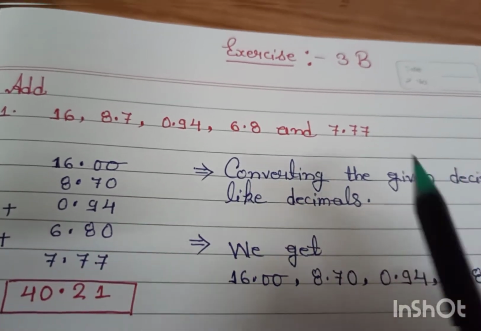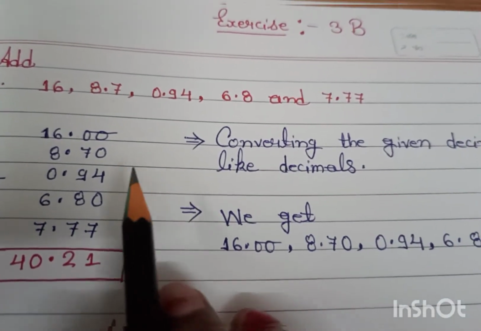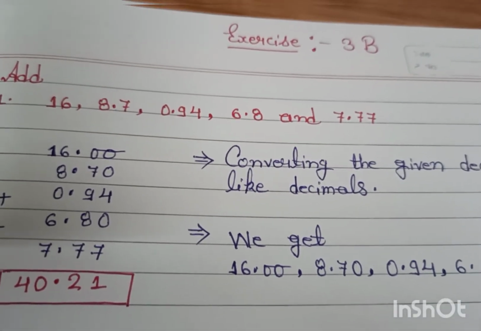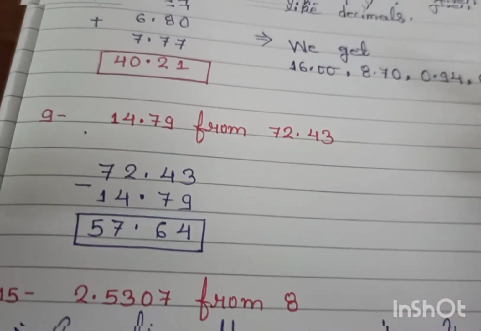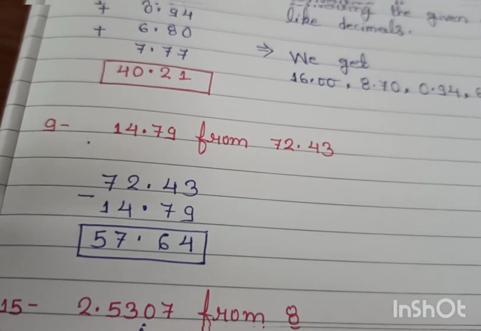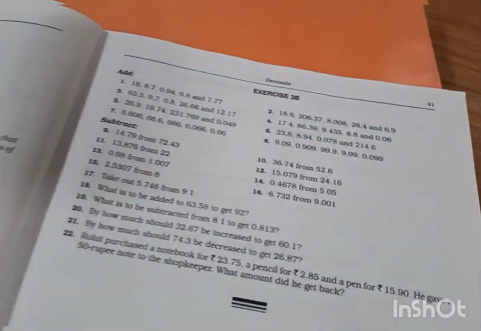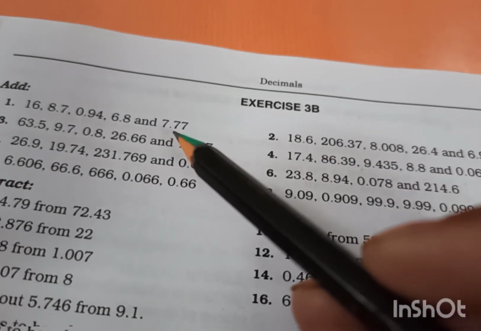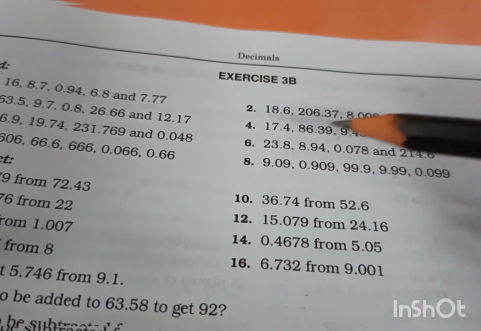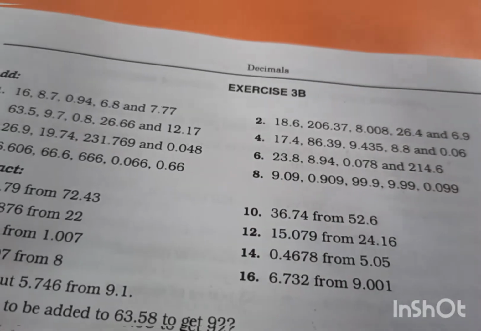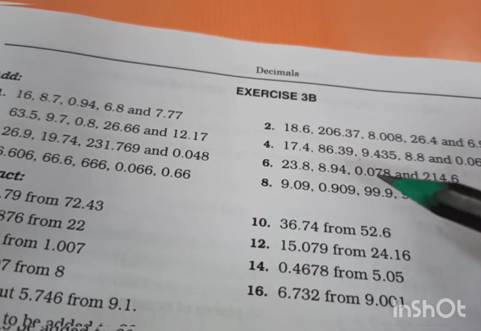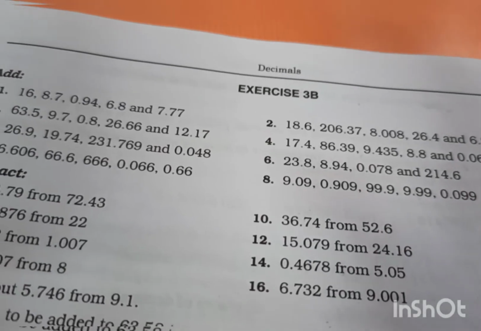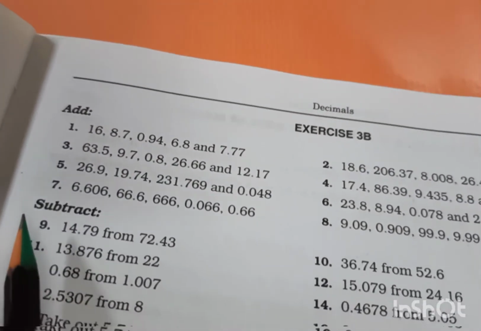And this is our exercise first question. This also I already explained with the help of the rule of decimals. Now you can see our next question, question number 9. For the other questions, we follow the same process as in the first one, no difference at all. You just convert to like decimals, arrange column-wise, then you add. Let's see our next question.